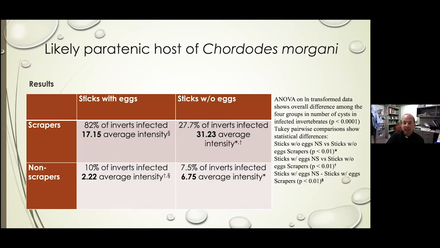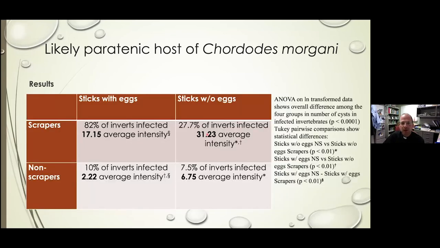And then the intensity was pretty high, 17.5 average intensity. We also found scrapers also had high average intensity when they had sticks with eggs here, or sticks without eggs here for the scrapers. Okay,